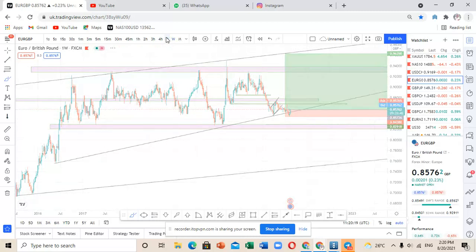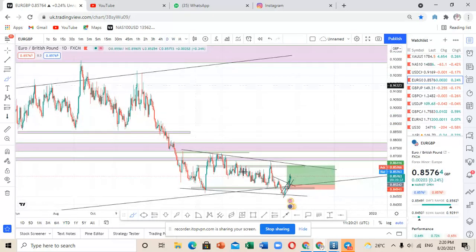Now let us move to the daily time frame. On the daily time frame, these are the two targets that I was talking about that the markets are currently in. You can see that the markets have been moving with a downward, or rather bearish, trend. But the markets are trying to create some sort of correction, moving in between these two trend lines, the first trend line above and the second trend line below.